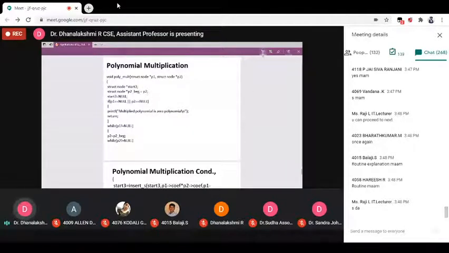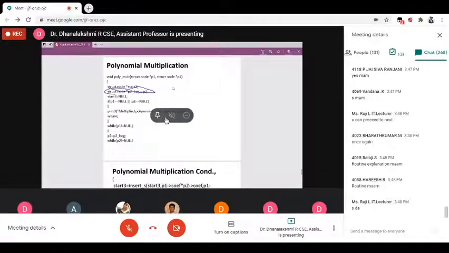Why is this statement necessary here? Any one of you? I explained that concept, no? Based on the concept, you can tell. What is the necessity of this statement? Why are we assigning that P2 address to a temporary pointer variable?